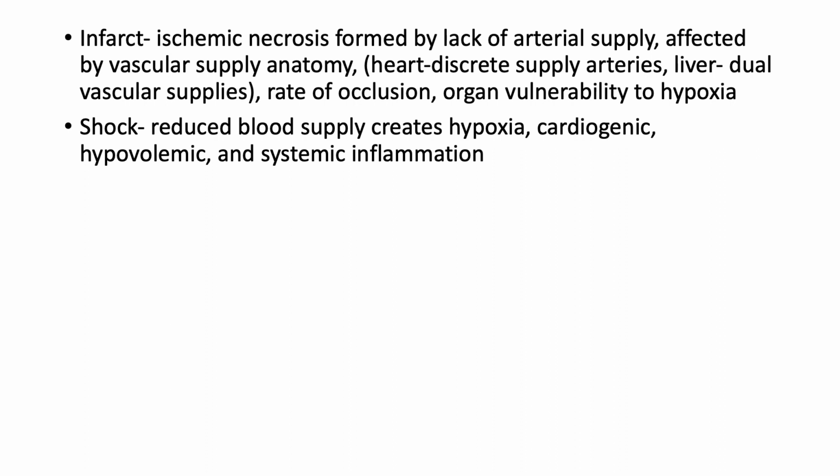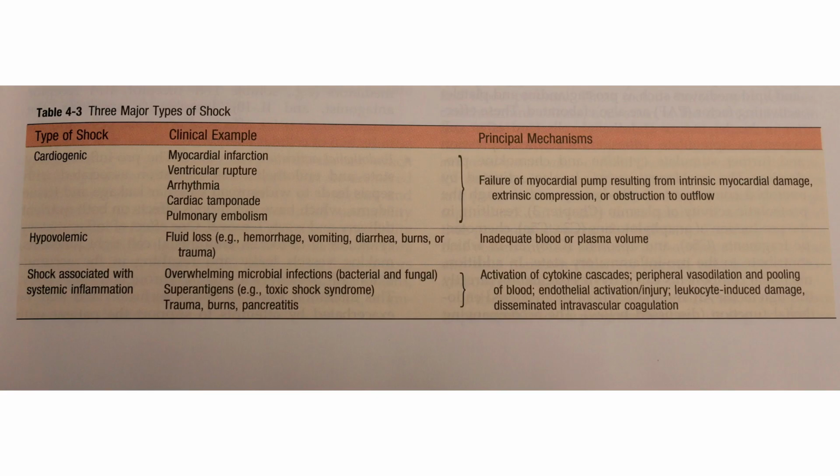Shock is reduced blood supply. This creates hypoxia. There's cardiogenic shock, hypovolemic shock, and systemic inflammation. So this is a schematic of the types of shock: cardiogenic shock, or myocardial infarction, ventricular rupture, arrhythmia, cardiac tamponade, pulmonary embolism. With the exception of myocardial infarction and dysrhythmia, the other ones are rare and dramatic events